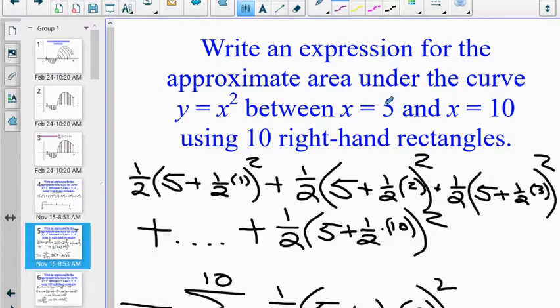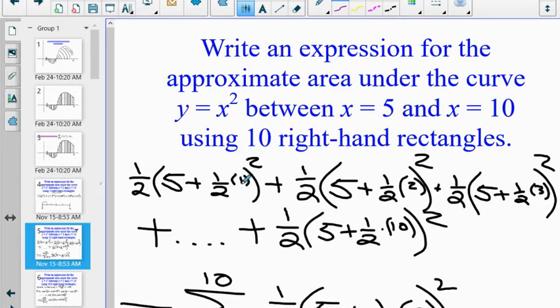0.5 more than my leftmost endpoint, x equals 5. So I'm adding a half once. And then with the next rectangle, I'm adding a half twice. Moving over by a half, moving over by another half, another half, another half. And if I write it in this form, you can see that I'm just adding up a whole bunch of things,